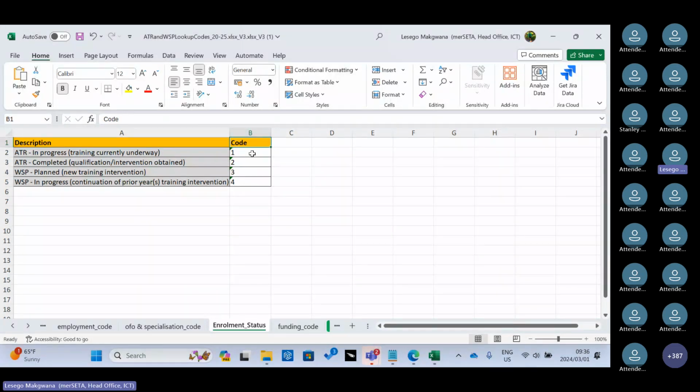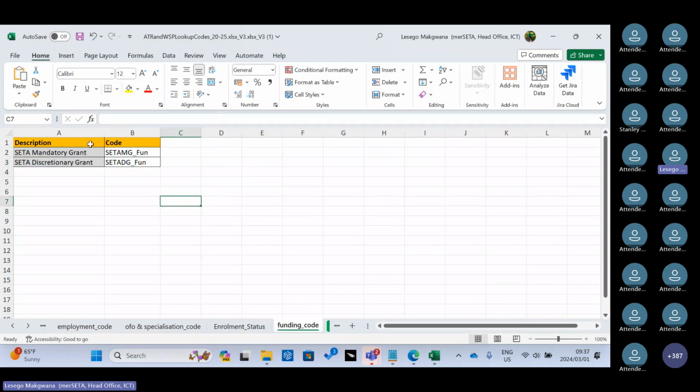employment status to say: is the training still in progress? Have you completed the training? If you have completed, then you need to ensure that you have a 2 as the code you put there. Then the funding code: is the learner linked to the SETA mandatory grant, or to SETA funded, the SETA discretionary? If it's for DG funding, then you have to specify it